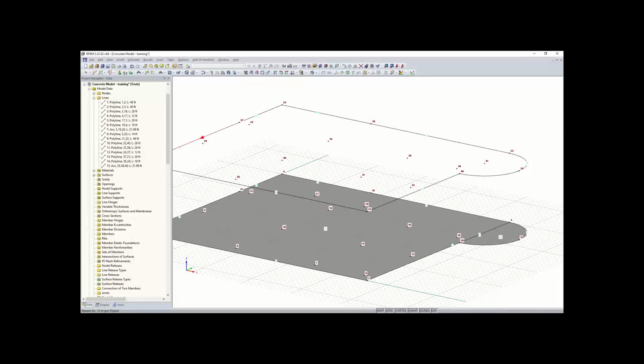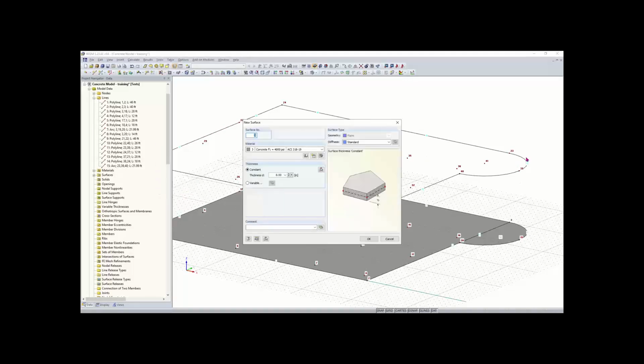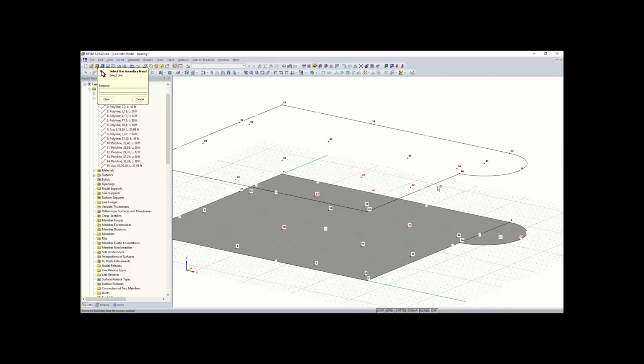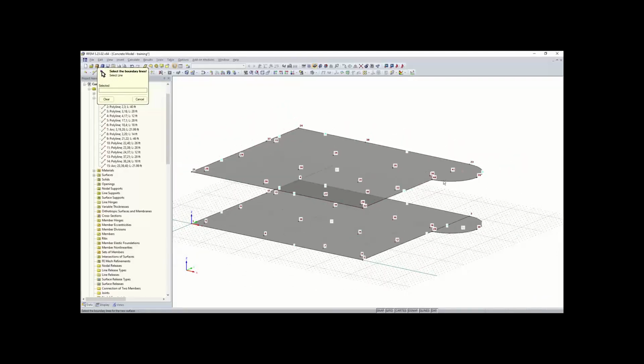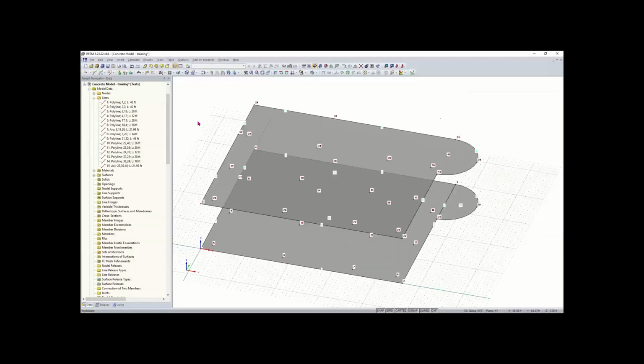So now what I want to do is recreate the surface by going up to my surface tool here. Then I can hit this drop down and select boundary lines. So this is pretty easy. This is a very abnormal shape here. I want my ceiling to have a thickness of 12 inches. Everything else is good here. All I need to do is select this boundary line, and you can see that the surface has been generated based on that boundary line. And we also kept node 40 here, which is very important,